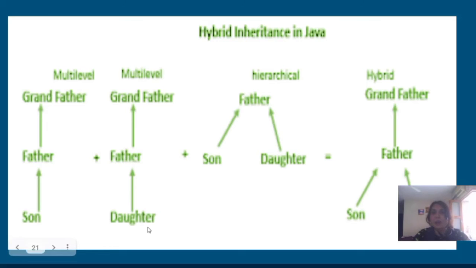It has a son and daughter. The combination of hierarchical and multi-level inheritance is called hybrid inheritance. You can see here the grandfather has been inherited by the father, and the father has been inherited by his son and his daughter. Now let's see a few more examples.